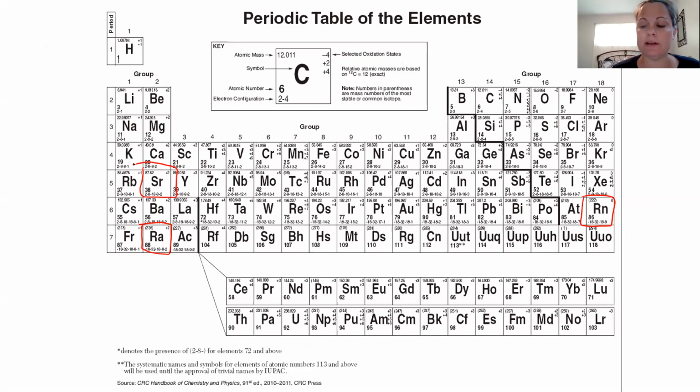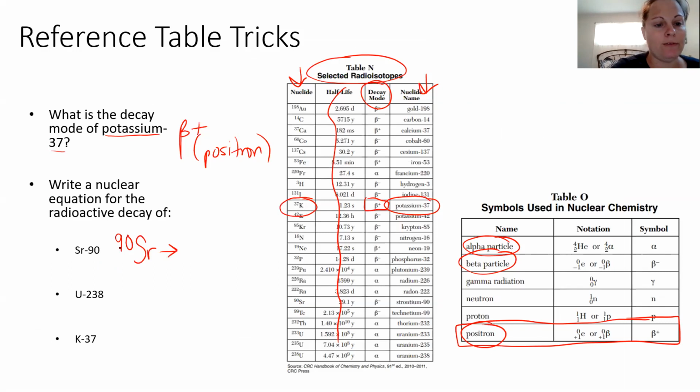Its atomic number is 38, so I will fill that in. Next, I need to know what kind of particle it spits out. Sr-90, if I erase this for you, is right here